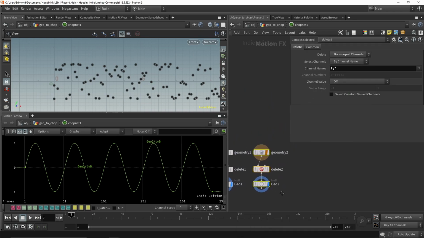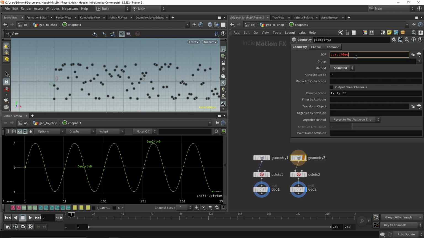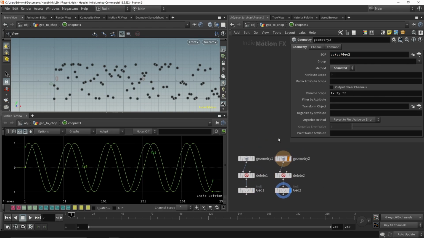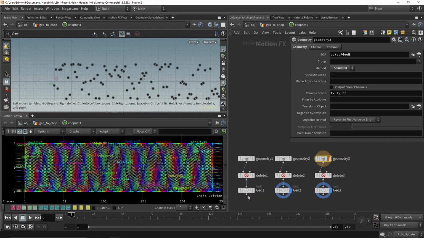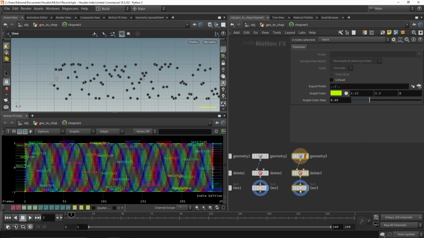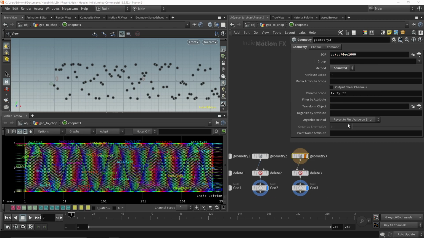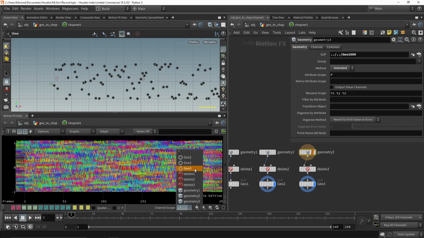When we import the example with 2 points, we get 2 channels, 2 sine waves, with different offsets. Same story if we have multiple points. If the motion viewer gets too busy, I recommend scoping only one node and using the equal sign to display only one channel.